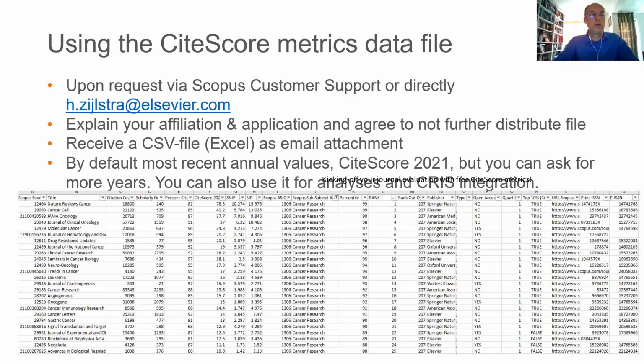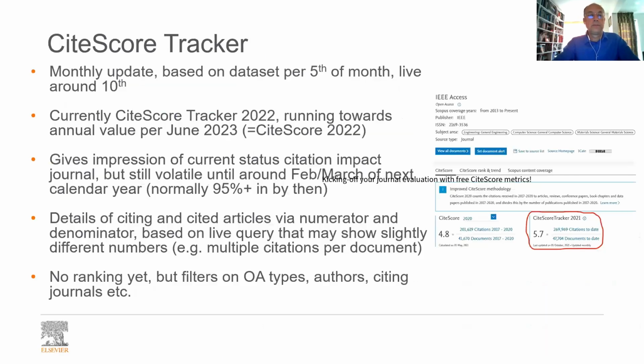This is just a display of what you would then get. There's a lot of columns in it. You can filter on all kinds of different columns as well, and it's including obviously the data from all publishers, including their open access status within the database. The open access data, by the way, are based on a database from Unpaywall, who take their open access information from several other large open access databases as well. And as you see, there's this CiteScore tracker, and let me quickly address that as well.